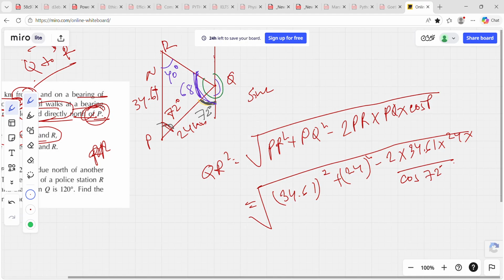Now we will calculate it: 34.61 square plus 24 square minus 2 times 34.61 times 24 times cos 72, which will give us